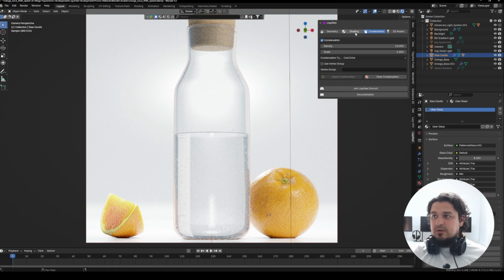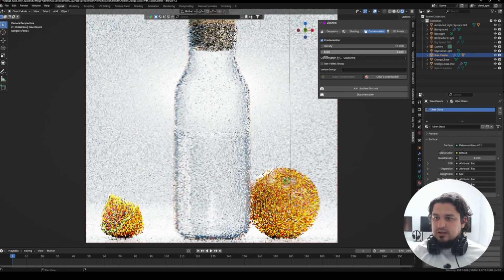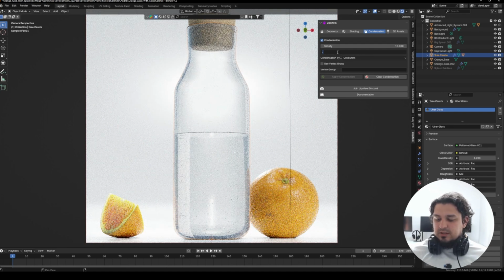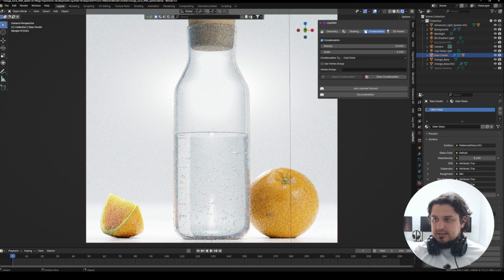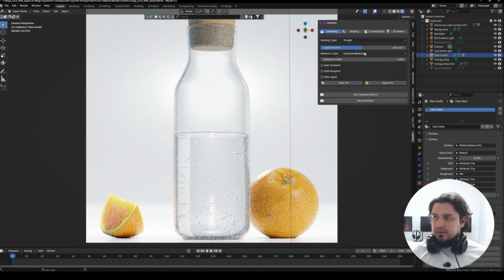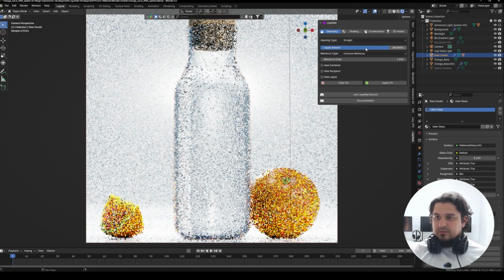That being said, I'm going to also play around a little bit with density. So I want a little bit fewer droplets, and I want them to be a little bit bigger, something like this. And I'm going to put the liquid level back up